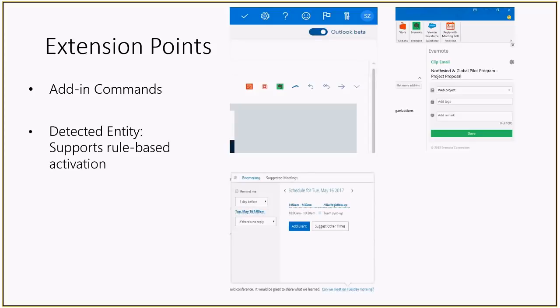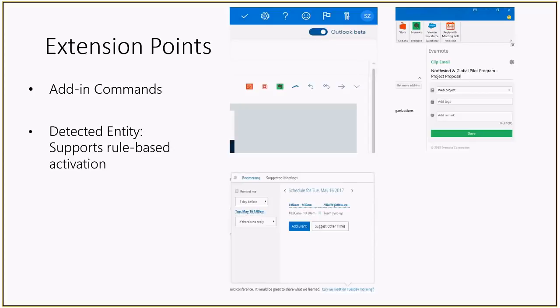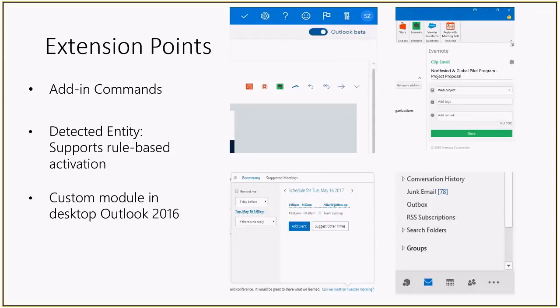The manifest is installed in the user's mailbox, and we leverage it to show the experience to the end user. The manifest defines, at a high level, three things: which page to load, which is the landing page; the permission model your add-in has; and